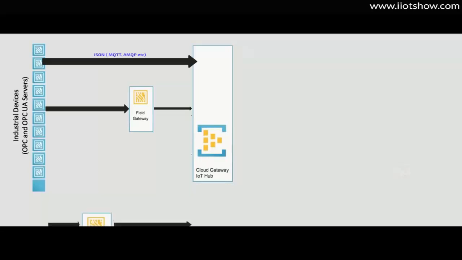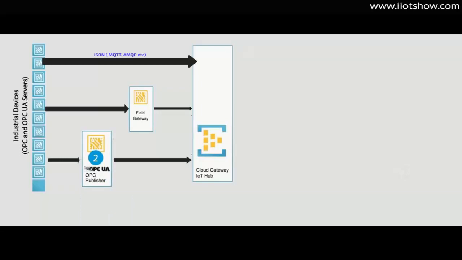And then an approach that I'm also quite excited about is the use of an OPC UA publisher module for handling on-premise device connectivity. So in a typical scenario, this is a software module that is deployed onto a Windows or Linux device running Azure IoT Edge runtime. The concept is based on the OPC UA publish subscribe specification that was introduced by Microsoft to enable uniform distribution of data across devices. So the publisher module includes an OPC UA client for connecting to existing OPC UA servers